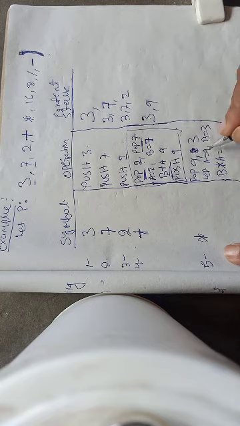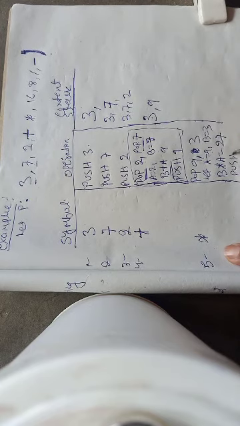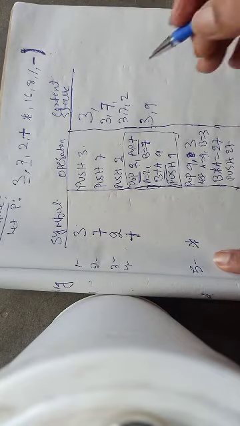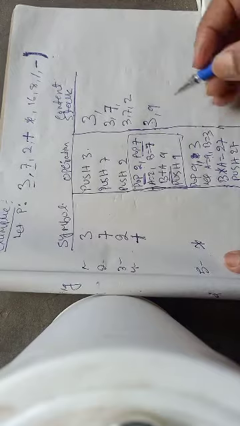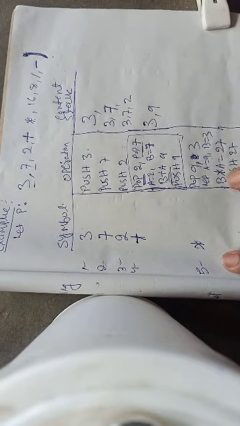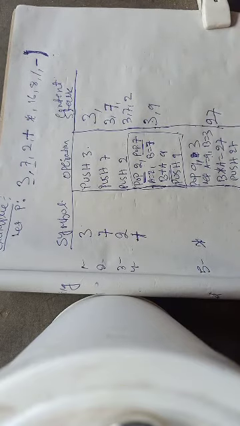So B into A means 9 into 3, that is 27. Now push 27. These are the steps that will be conducted for asterisk. What is the content of the stack? You pop 9 and pop 3, the stack becomes empty. Then we apply B into A, 27. Now 27 will be pushed, so now the stack contains 27.